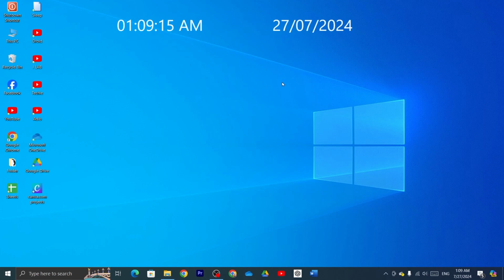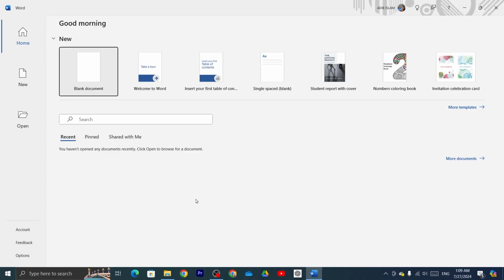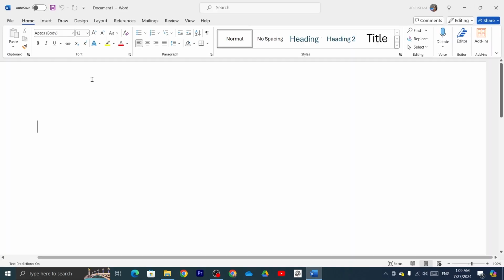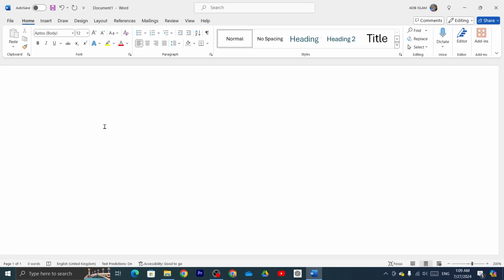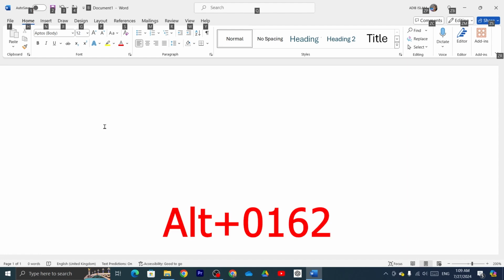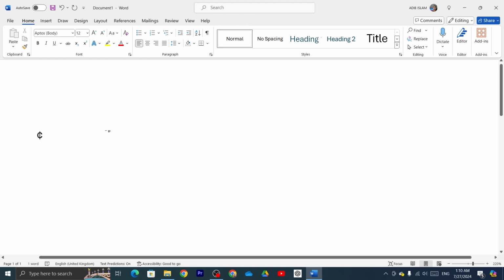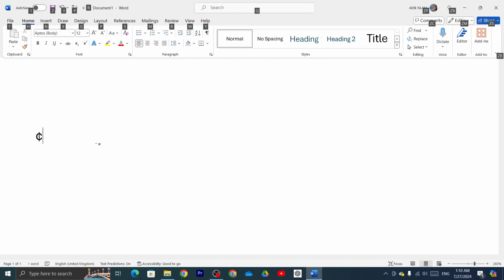So at first open up your Microsoft Word and then open a blank document. Now for the first method you have to press Alt key and at the same time you have to type 0162 and that's it. If I do it once again, just press Alt key and then type 0162 and here